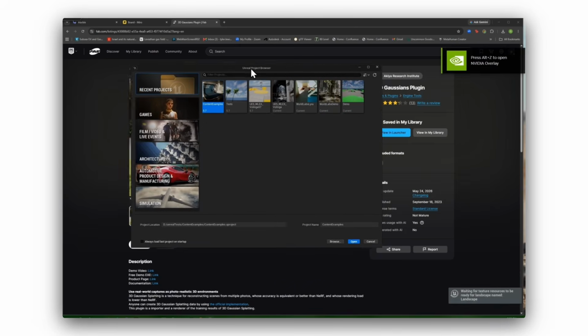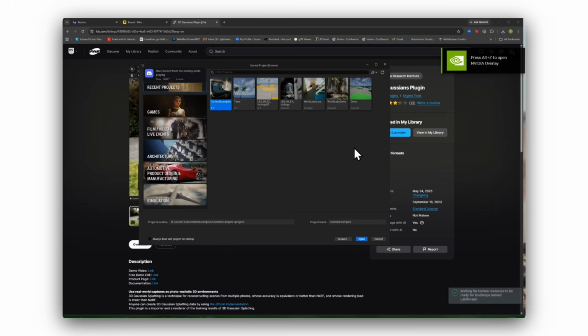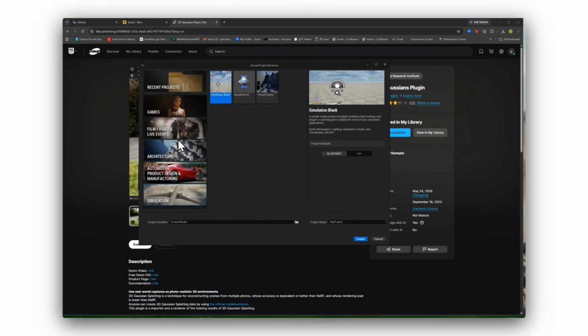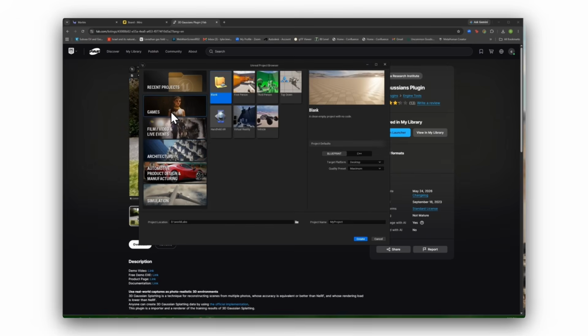The Unreal Project Browser allows us to configure our Unreal projects. They have a variety of templates depending on what the end goal of your project is, ranging from automotive to simulation, architecture, games, you name it, they have it. But for our purposes, we're going to be using the first person template. The default settings are fine. And then we're just going to set the name